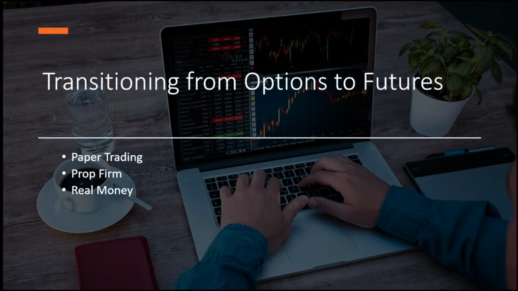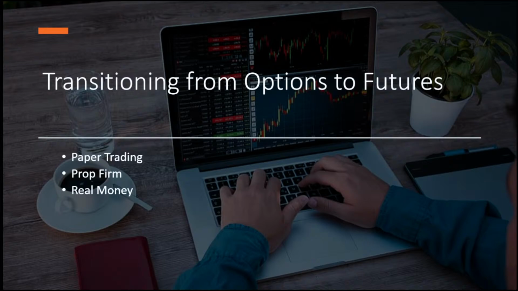Some of the advantages of paper trading are that you not only get to know the interface of the new broker, because you have to learn a whole new broker and style of trading, but you get to understand how futures move. This is where I highly recommend you use a broker such as Tradovate. Again, I'm not affiliated. They just have a nice interface that I know. It basically has live data and movement of futures.